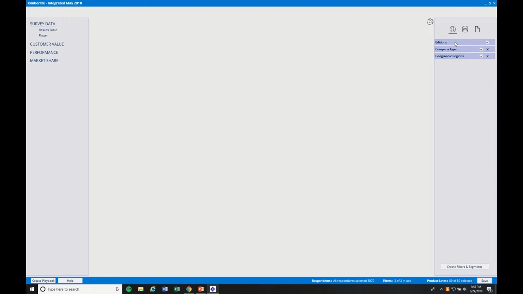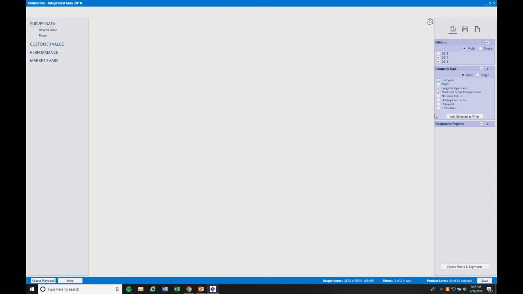So in this case, we're going to start by selecting additions in the top right hand corner. We are going to uncheck 2018 as the data that we have available for 2018 is a little bit limited in this version. Then we're going to go ahead and go to company type. In company type, we do not want to select all the individual consultants, majors, etc. In this visual, we're just going to select large independents and medium to small independents, as they are the largest